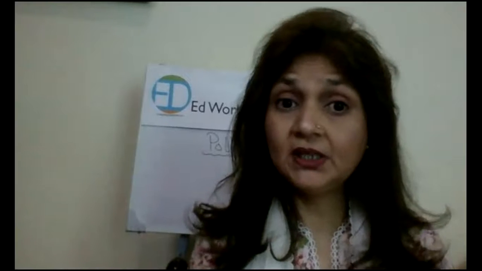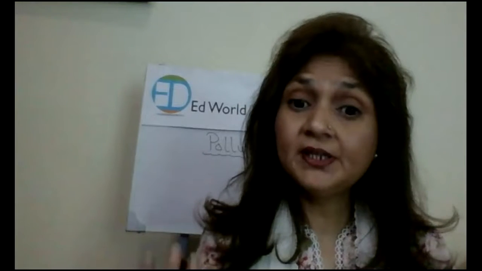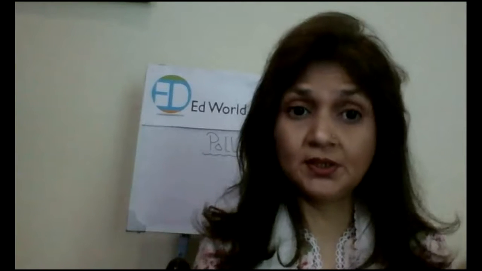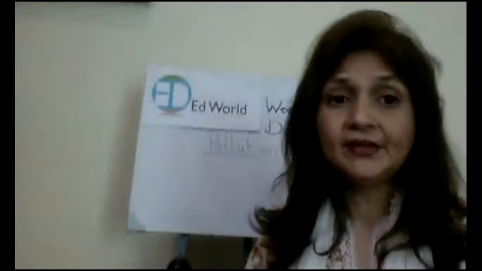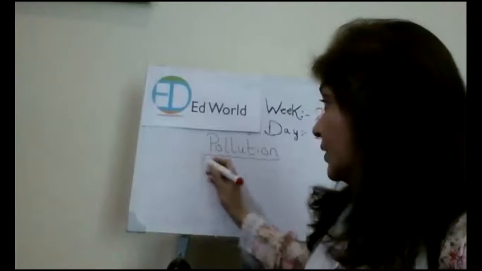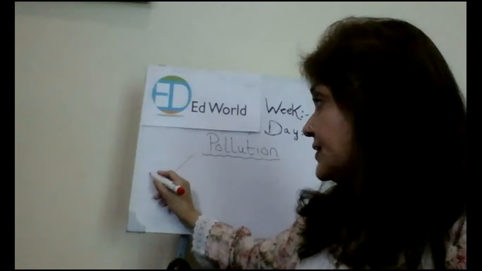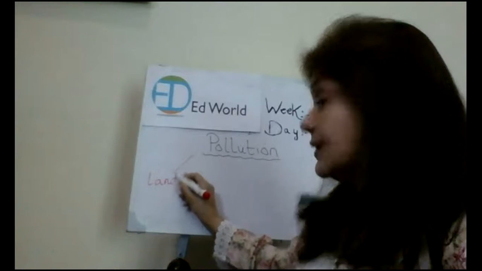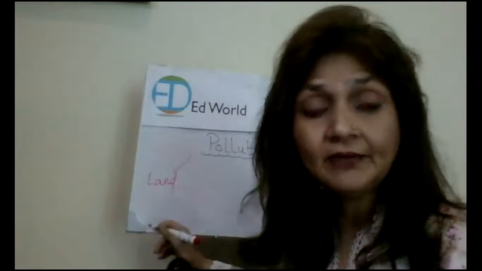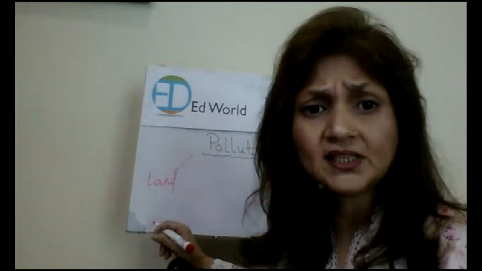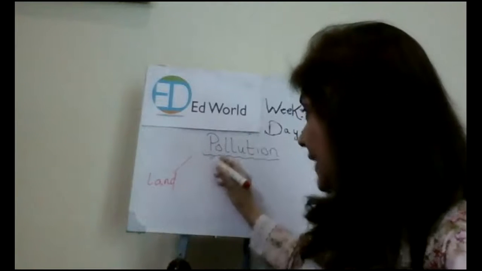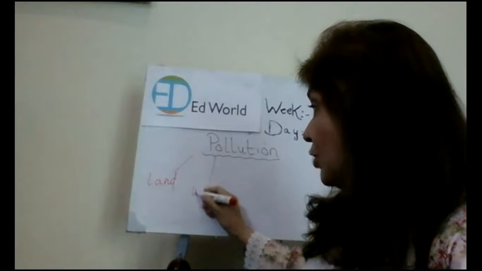Okay. So what you have seen in this video are different types of pollution, right? And what type of pollution actually was there. We have seen that they have explained there are actually four types of pollution. First is land pollution, which is on land, when you throw garbage, when you throw all these things on the ground, that is land pollution. Then there is